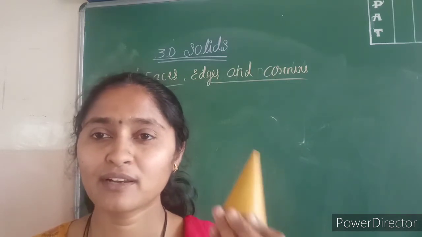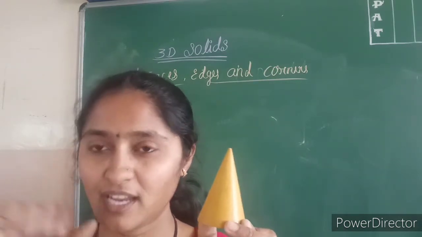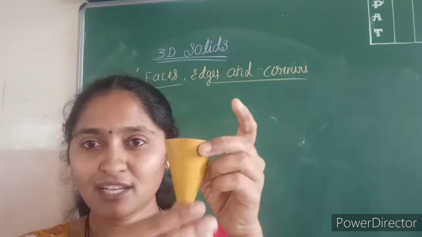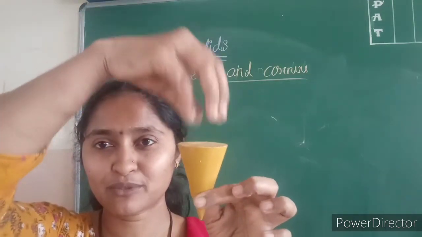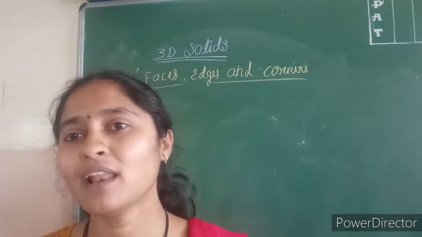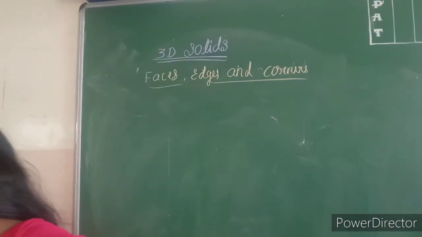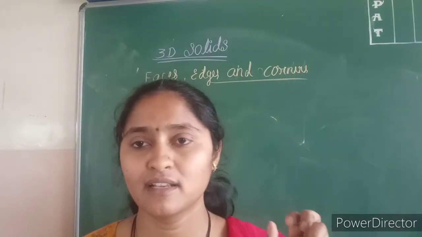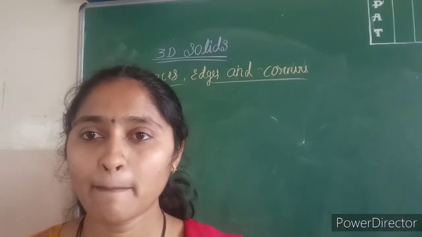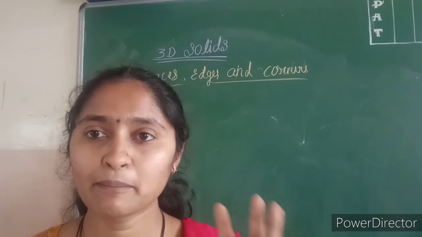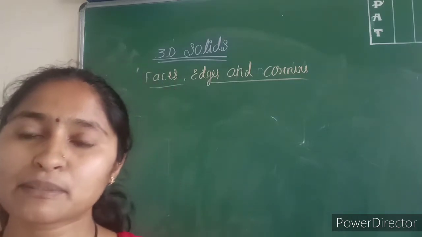Yes. So did you observe that cone? It will be in the shape of a cone only. It will be like this, and above this they will put ice cream. So you can write the example as cone ice cream also. Okay. So next, sphere. An example for sphere is a ball you can write. Because a ball is in the shape of a sphere only.